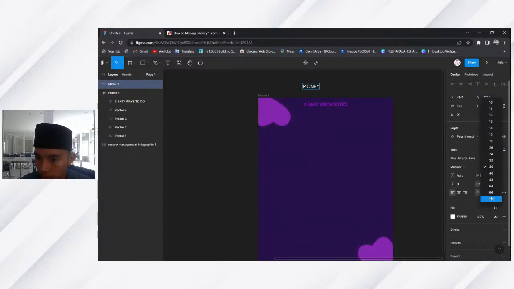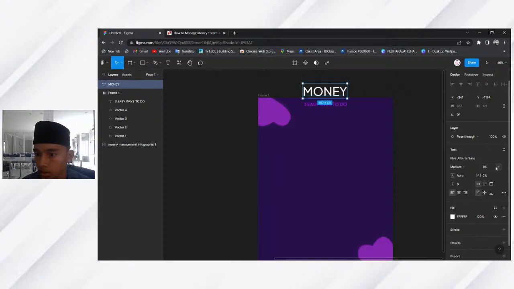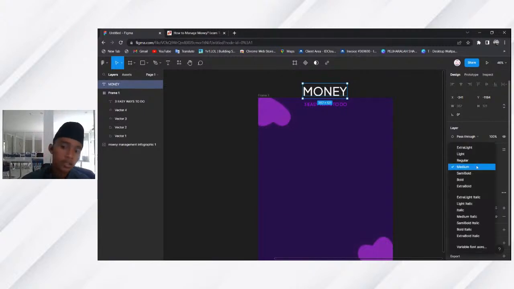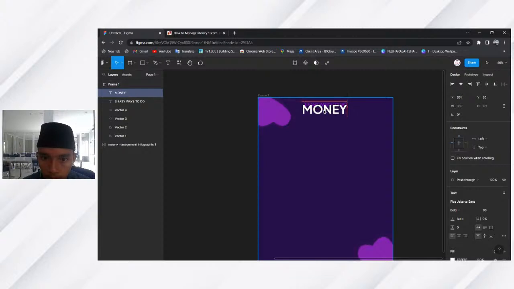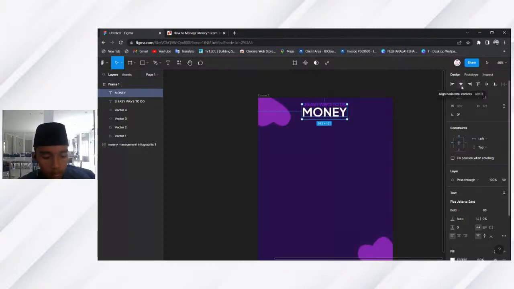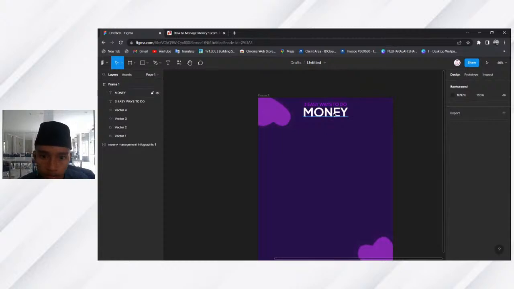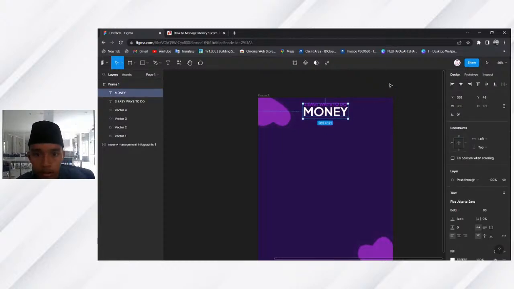The size is 96. Okay, 96 or 128, it's up to you, but I'm going to use 96 because it's not too big and not too small. And change the medium into bold. Now put this below the 3 easy ways, and don't forget to align it in the middle so it looks more clean.